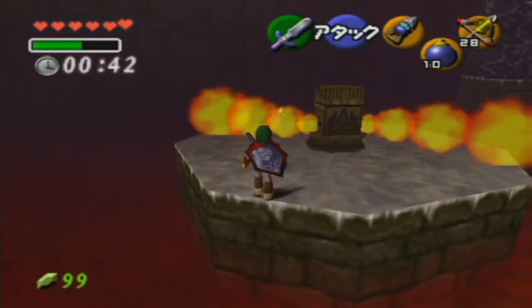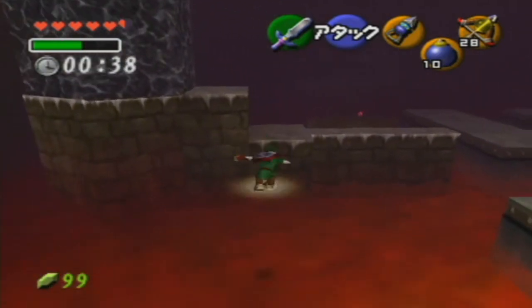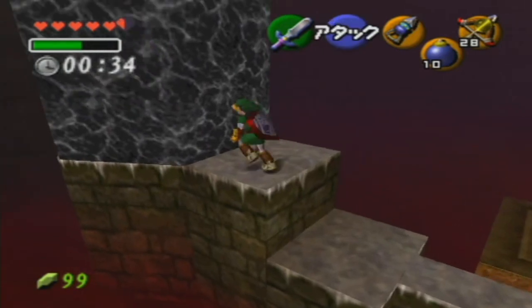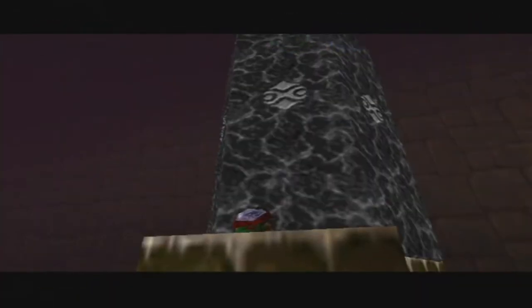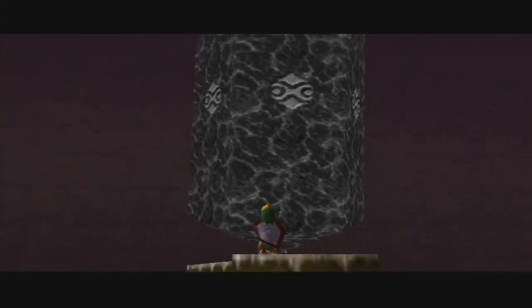I do one roll here. I move this way, and then I do like 2 rolls here, holding up to bypass that. If you don't want to do that scary jump that I just did, you can move to the right onto the bigger platform and then move left. It's a little bit slower, but